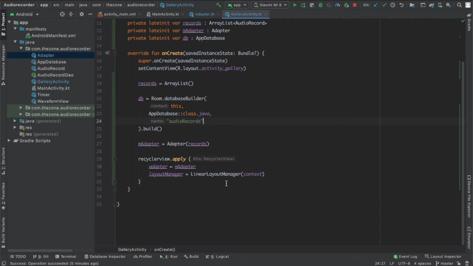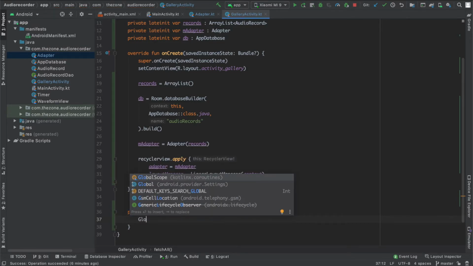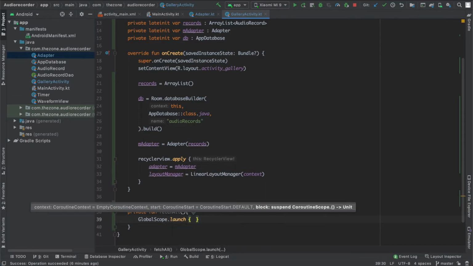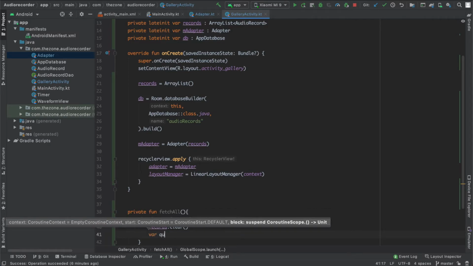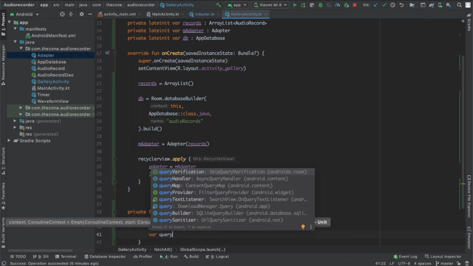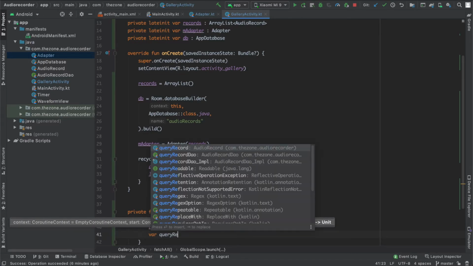Okay, now let's create a new function that fetches all the data and simply call it fetchAll. So here what we need to do, first thing, do the action inside a global scope because we can't run it in the UI thread. Here first we clear the records, we remove everything inside it. Then we query our records and save them inside the query result variable